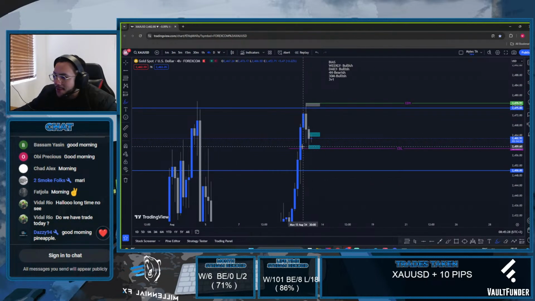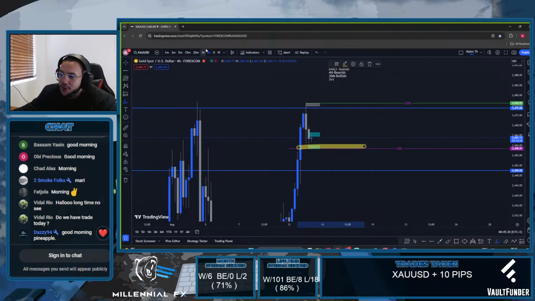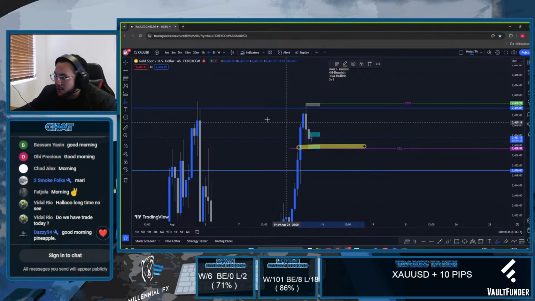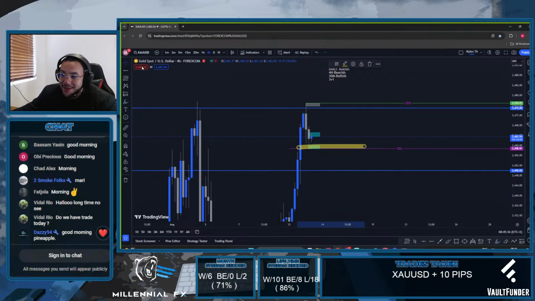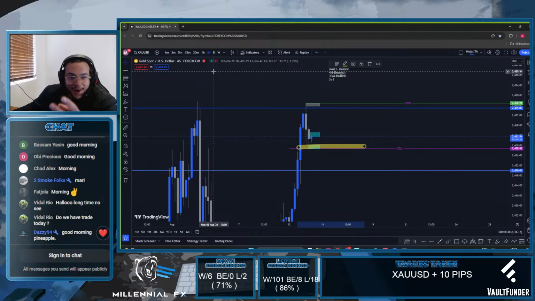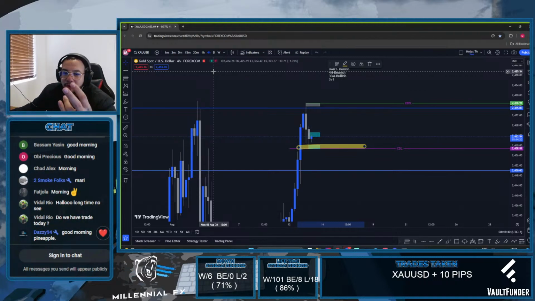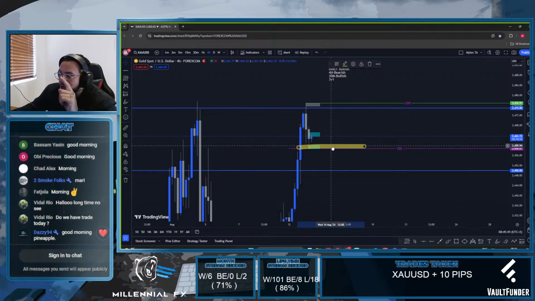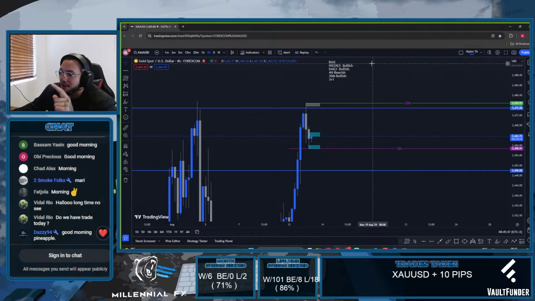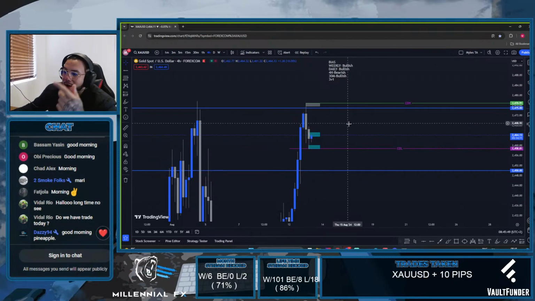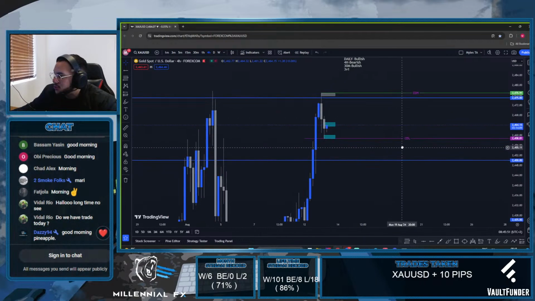Which means that if I'm going to re-break the previous 4-hourly low, what is price going to be doing? It's going to be making lower lows and lower highs within that candlestick anatomy. And what do we need for candlestick anatomy? We need 5 components: the open, the close, the high, the low, and the body. You with me? So with that being said, if we're going to start trading beneath the current daily low, that's going to be the break of the previous 4 hour. I'm going to sell it down to 24.50.